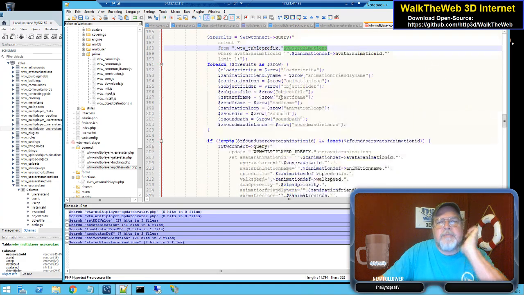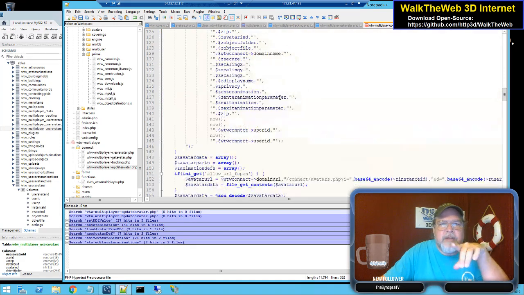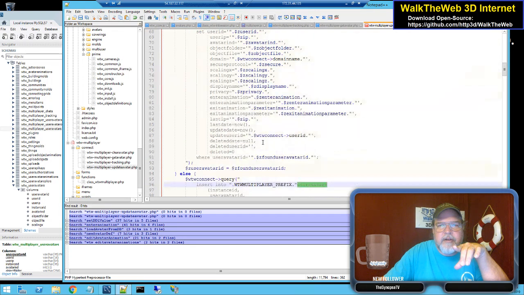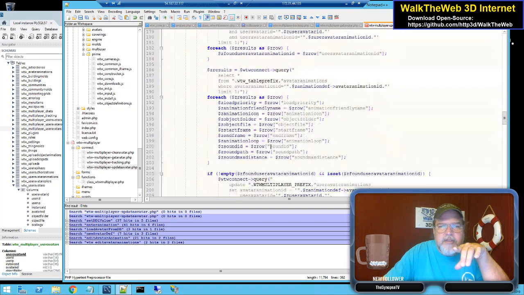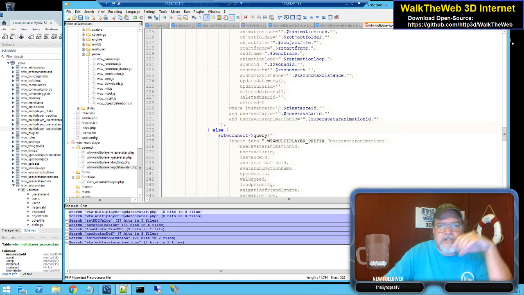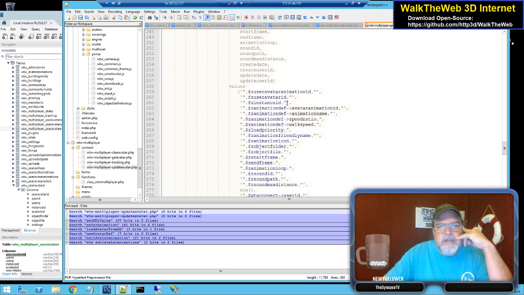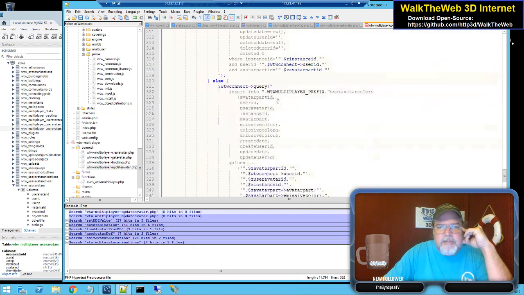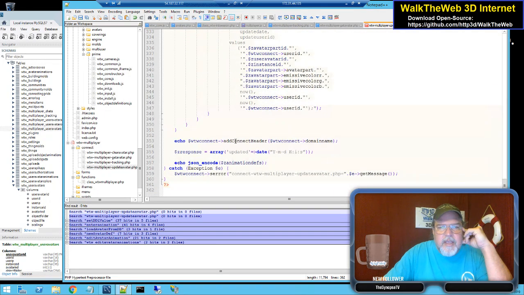What am I updating here? Wait a minute. There's two pieces here. This is user avatars in multiplayer. This is user avatar animations. Okay, we didn't change the animation. We're good on that. So I don't need to do any changes there. The colors, we didn't mess with that section. We're good there. And response, it's been updated. Okay, so this one doesn't return any values back. We don't have to worry about that. The piece that we do need to bring back is